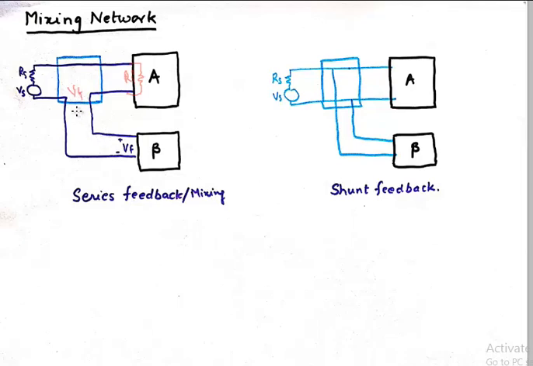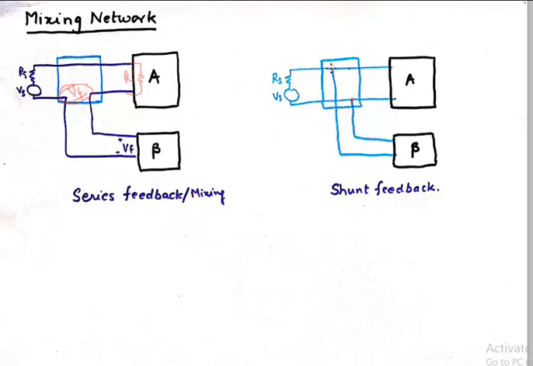If you look closely, when you feed the mixing network with series, you're actually developing some voltage in this series network. It could either add up to this Vs, or it could lead to subtraction of Vs, and this series feedback is actually developing some voltage across here. And on the other hand, now the things will get clearer. This is the mixing network. If you feed